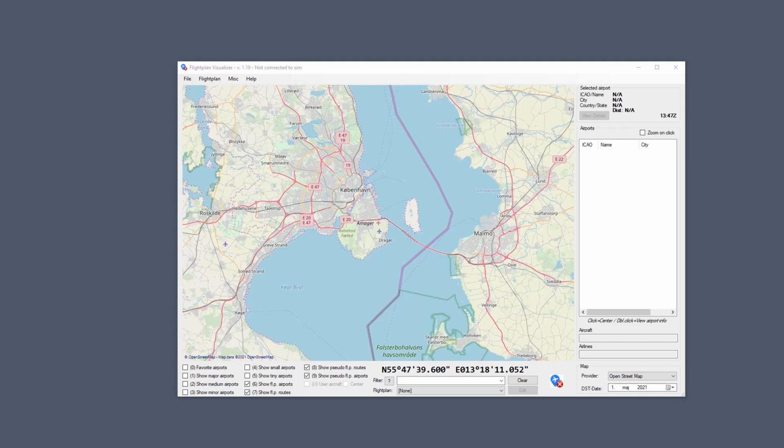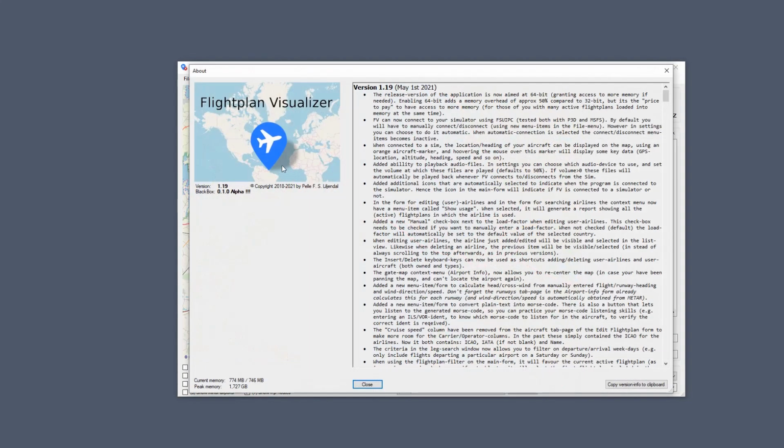So in this version, the release version has been changed to be 64-bit as I planned to do last time. And the reason for that is those of you with many active flight plans might need more memory, as all flight plans are loaded into memory at startup. So the more flight plans you have active, the more memory the program will consume. Now in this version, if you go into the About box, you will see the amount of memory